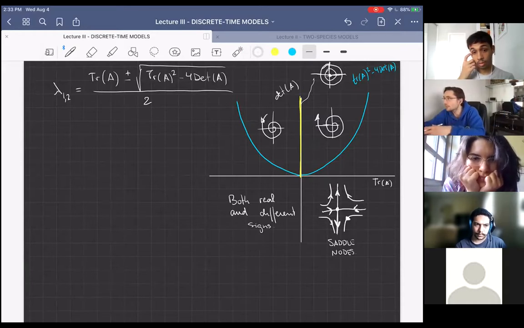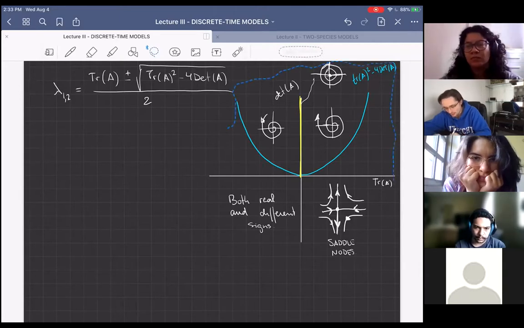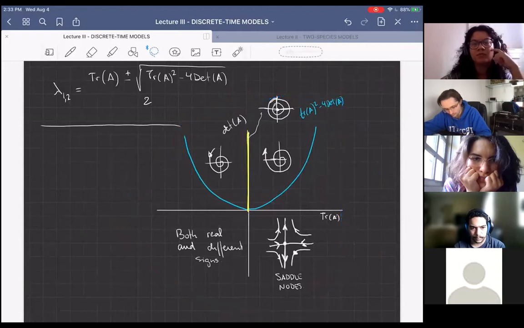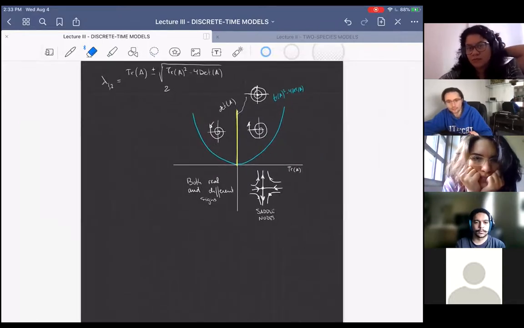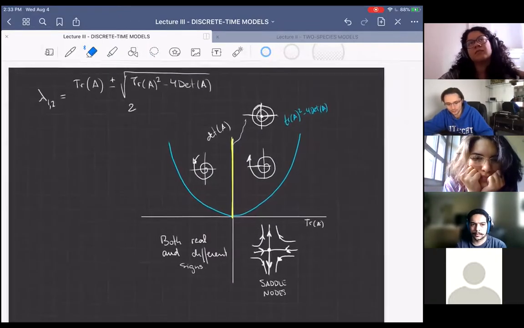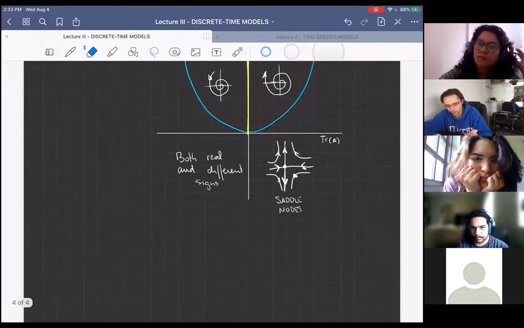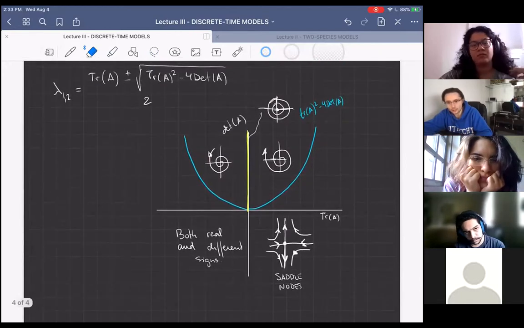I am skipping a lot of details, but it's because I don't want to focus a lot on this mathematical part. I think with these details, you basically get a recipe to evaluate the stability of these fixed points, and to see the type of fixed points that you expect in these models. Just a final note before I open it for questions: why I know that given these eigenvalues,